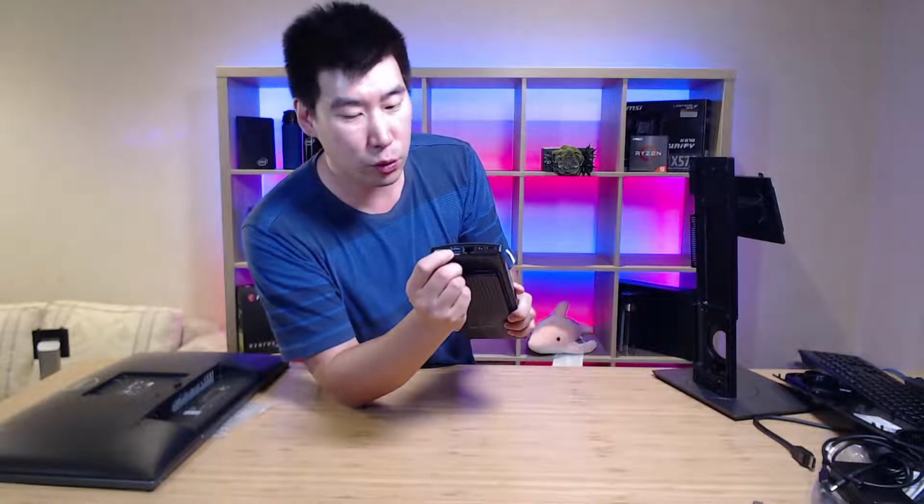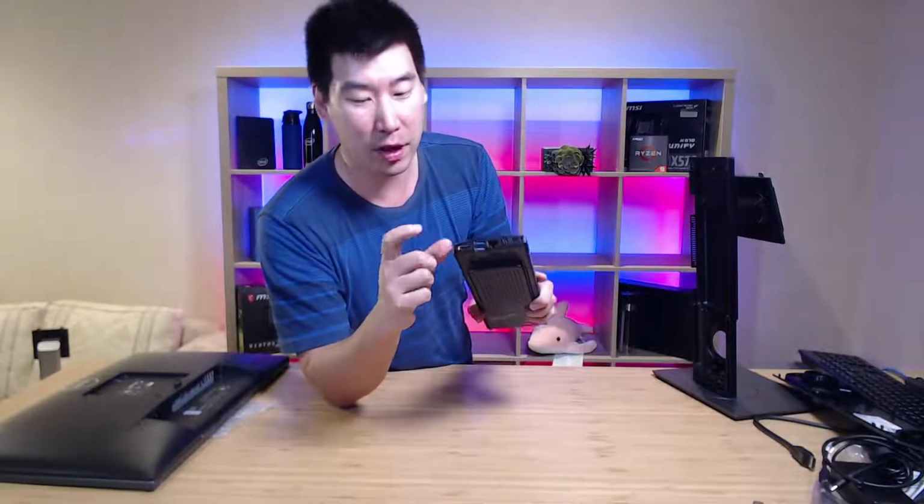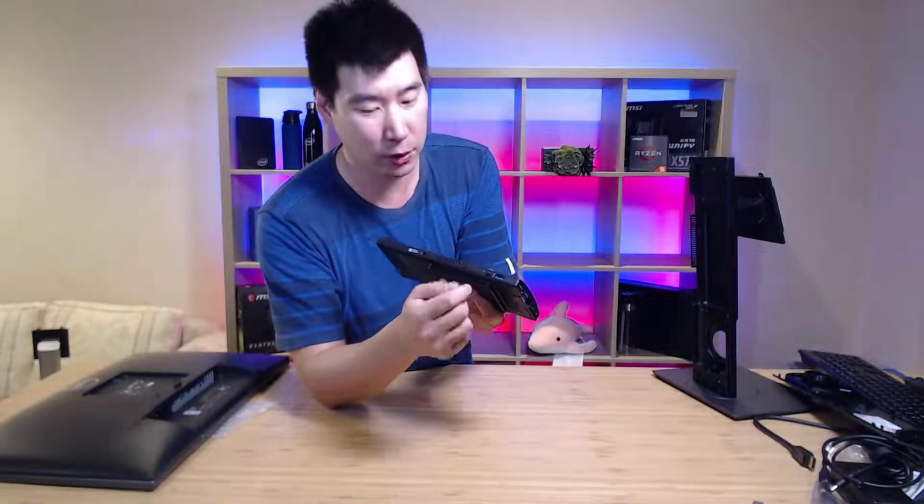And then we've got two USB 3.2 Gen 2 ports, they're Type-A ports. And then we've got a full-size DisplayPort. And then on the other side here, we've got another USB 3.2 Gen 2 port, which is a Type-A, and this does have PowerShare as well, so you can charge your other accessories through that. And then we've got the Thunderbolt 4 port, that's the USB Type-C, so that's why I've got these two USB Type-C. I remember this one is a Thunderbolt 4 because in here is the Intel Core